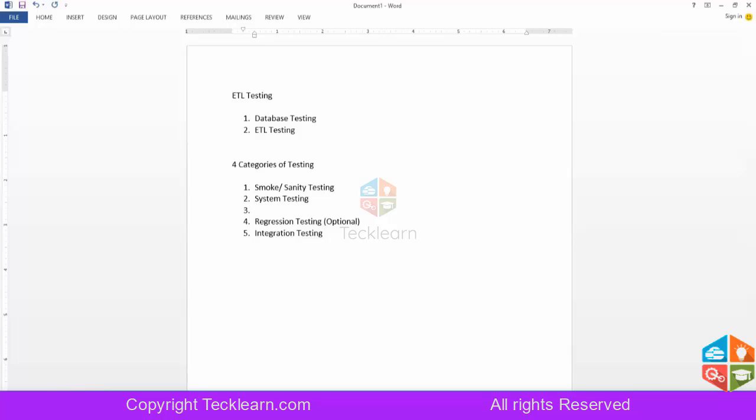After system testing, we do another testing called volume or load testing. This can be positioned later, at the last phase of the testing, or can be avoided, or will be done immediately after system testing. This is to test the performance of the application.